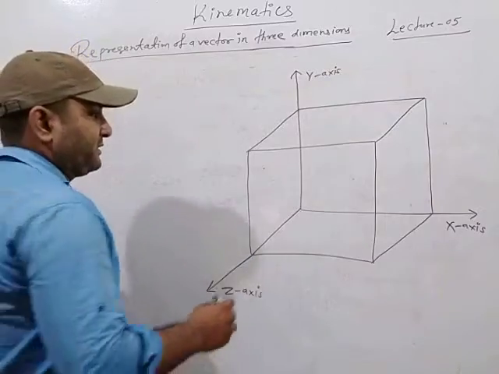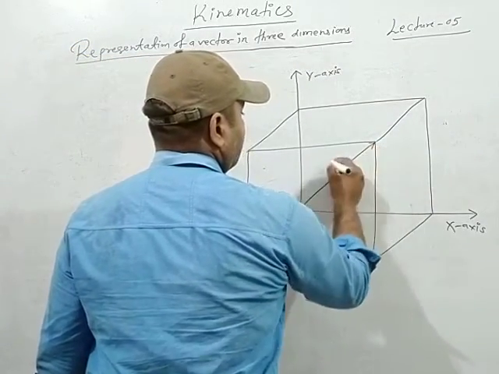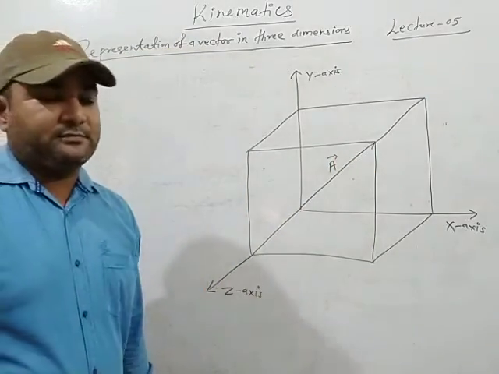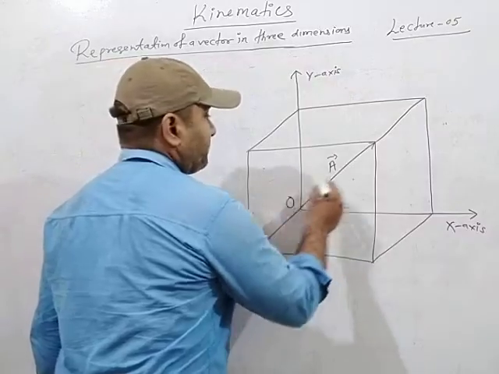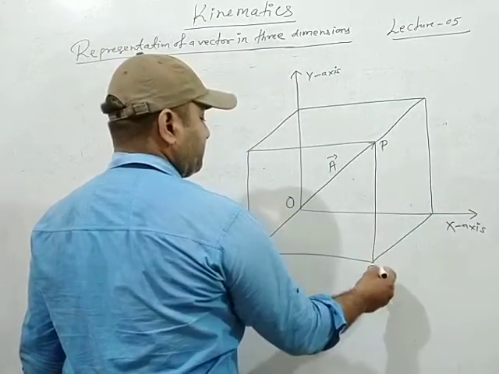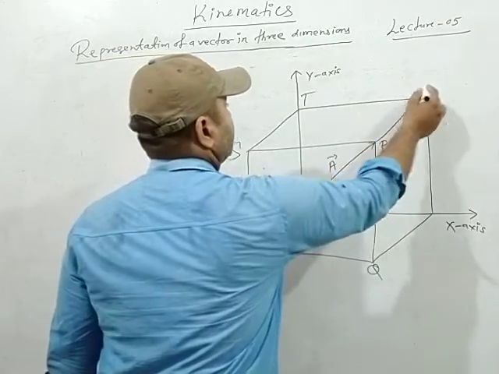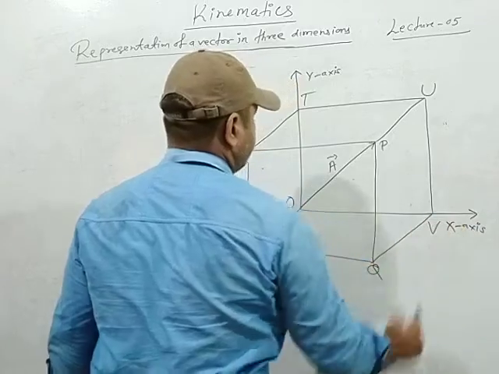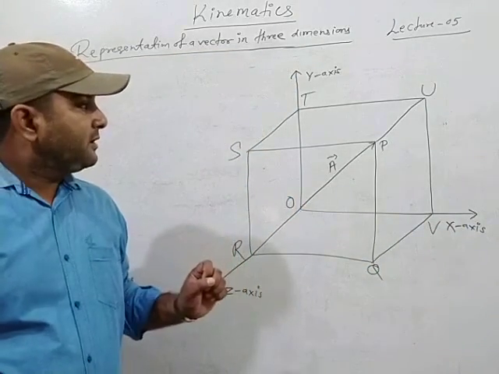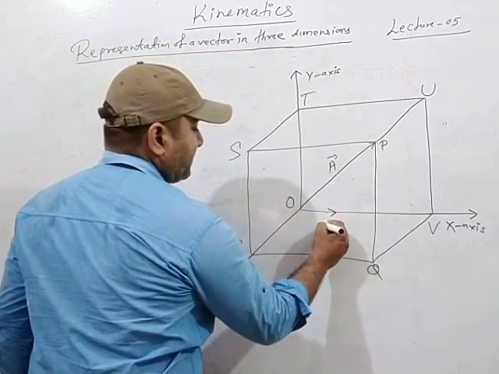If a vector A is representing the diagonal of this cuboid, just like from O to this P, and if P, then Q, R, S, T, U, V. In this way, naming of this cuboid is completed, and then, if along x axis i is the unit vector,